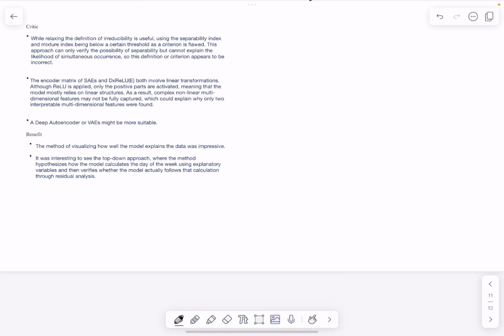The critiques and benefits of this paper, as I see them, are as follows. I believe definition 3 needs to be revised. And since SAEs primarily use linear transformations, it would be valuable to experiment with other models. The positive aspect is the process used to evaluate how well the model explains the data. I think this evaluation process is something we could apply